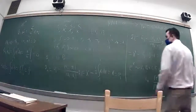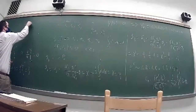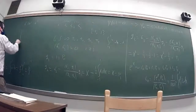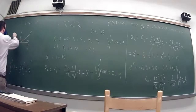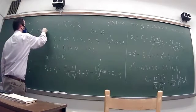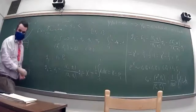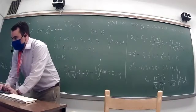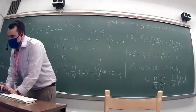I just want to make a really quick point about problem 3.3.3, which said, look at f of x equals x squared on some interval from negative pi to pi. And you were to find the Fourier cosine series of this. We'll find the Fourier series, and since it's an even function, you know it'll just be the cosine series, and you've got the usual formula for the Fourier coefficients there, and I won't go through that, but